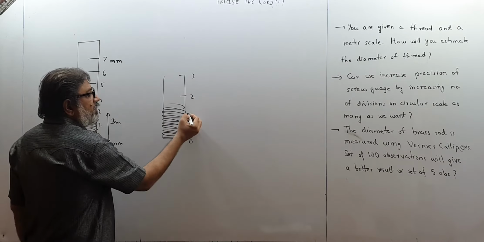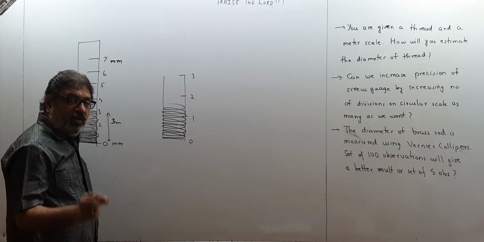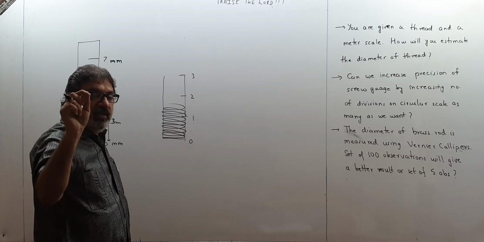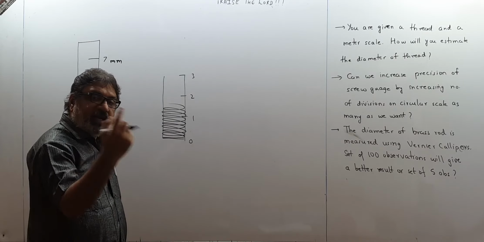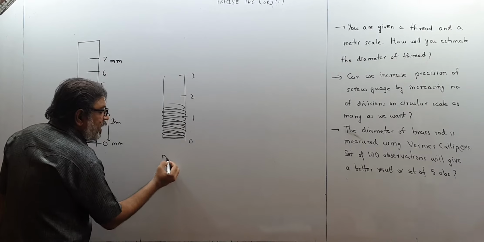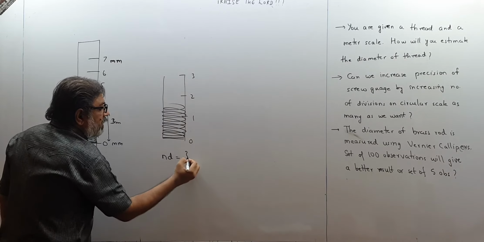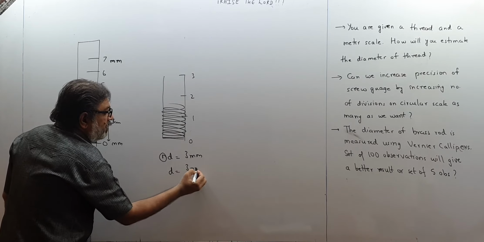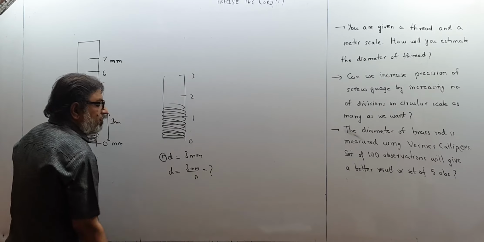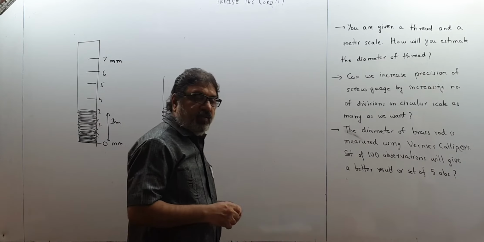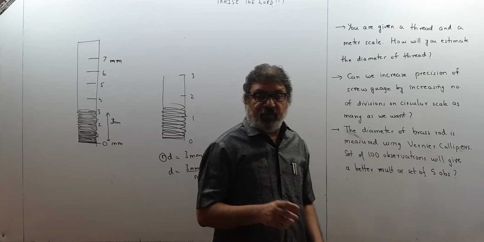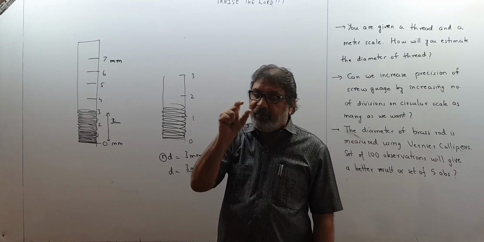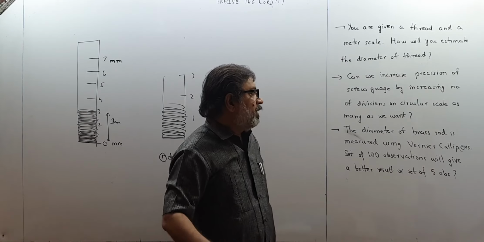You can understand, children, very easily that if D is the diameter of the thread, then this will be ND, because one loop will have thickness of 1 diameter. And there are n loops. The total thickness will be ND, and that will be how much? 3 millimeter. You already know what is n, you can count. So D will be 3 millimeter upon n. That will give you diameter of the thread piece. Okay? Like this we can do it. But remember, there should be no gap between the loops. The loops should be very close to each other. There should be no gap. Otherwise, our answer will be wrong.